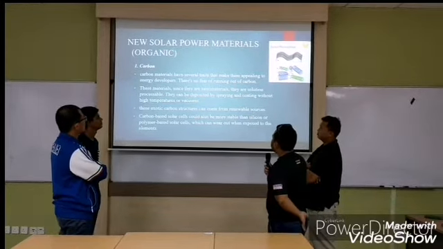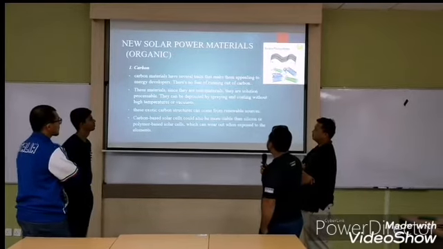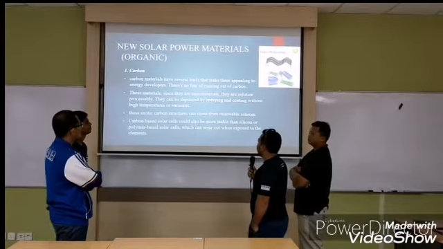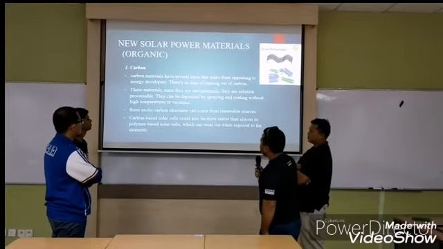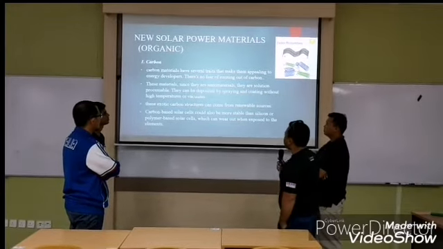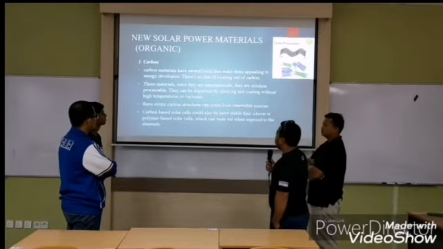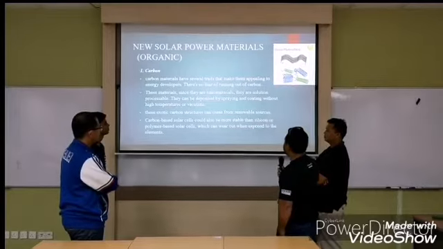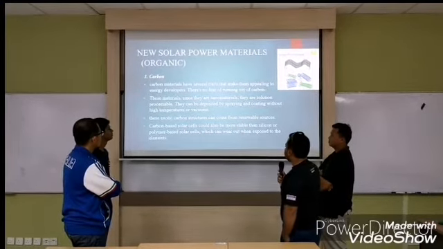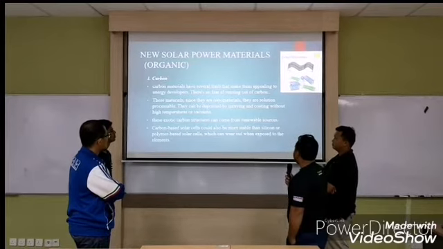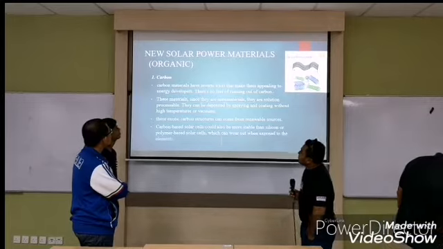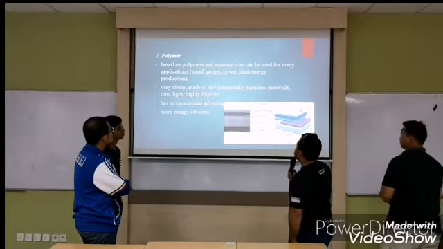They can be deposited by spraying and coating without high temperature or vacuum. This exotic carbon structure can come from renewable sources. Carbon-based solar cells could also be more stable than silicon or polymer-based solar cells, which can wear out when exposed to the elements. For the second,